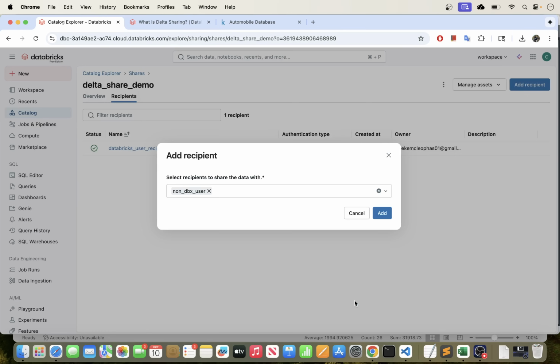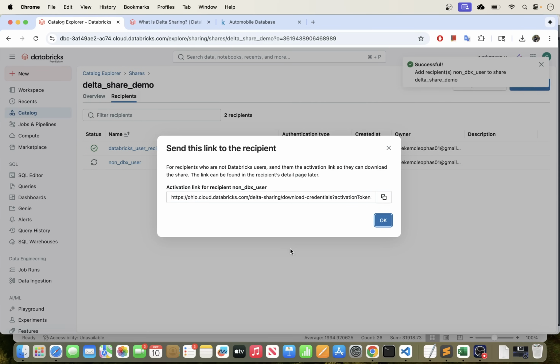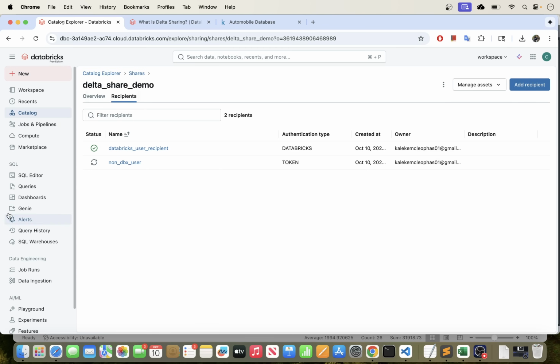and then we'll go ahead and create and add the recipient for this. So if you do that, we'll add this recipient here. Let's go ahead and add. So once you do that, you will get a link here. So for recipients who are not Databricks users, send them the activation link so they can download the share. The link can be found in the recipient detail page later. Okay, so just go ahead and copy this, and then just click OK here,